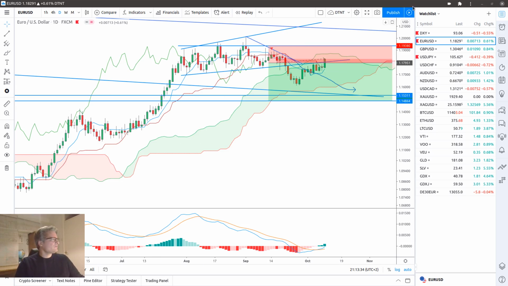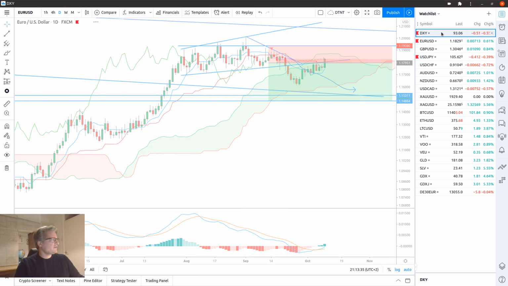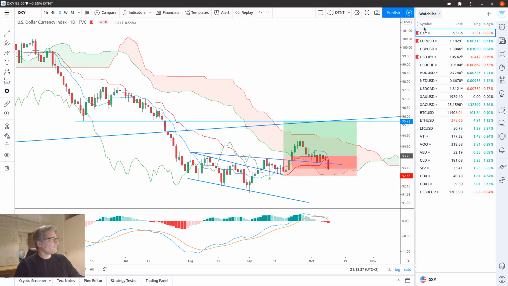So let's have a look first at the dollar index. I still have an open position on the dollar index going long, but I am thinking about closing this position for a small loss. Hopefully it's going to be around half an hour, not more,